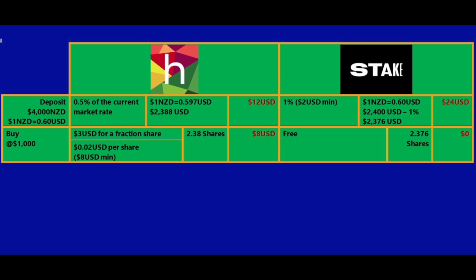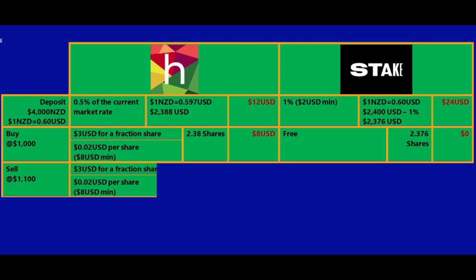Don't just look at the difference in fees that are in red, but look how much you are getting in terms of money and shares. Okay, let's move on to selling. Let's say the price of Google has gone up $100 per share and you decide to sell. Well, with Hedge, the same transaction fees apply when you go to sell. So after the $8 fee, you would get $2,610, which is a profit of $222 from your initial